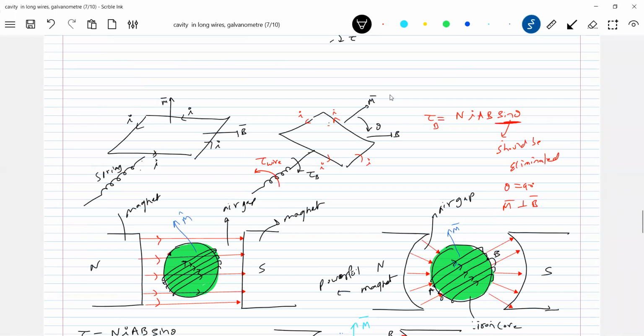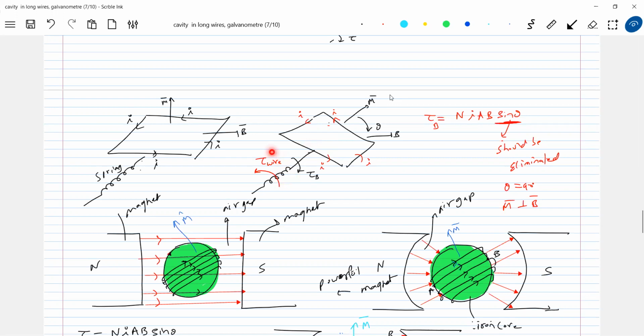If this torque due to the wire were not there, now if you pass a current, torque will act. And due to torque comes angular acceleration, and due to angular acceleration, angular velocity. So what happened to the pointer? The pointer will continuously rotate, no? The loop will continuously rotate, the pointer will continuously deflect. But what is our mechanism? It should stop at a certain point because it has to show how much current is flowing. The loop should stop rotating.